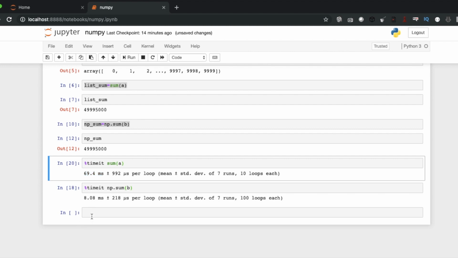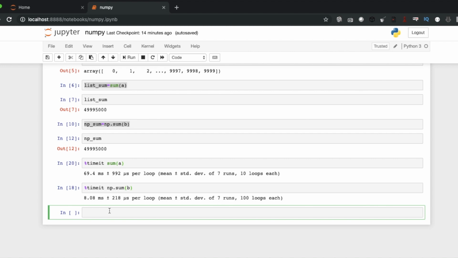So in layman's language, for anyone, for a schoolgoer, for college kids also, it is now clear that the processing speed for NumPy arrays is much faster than the list, right? But why? The next question is why.